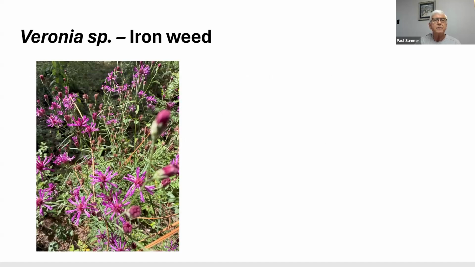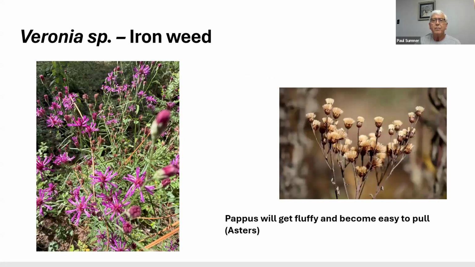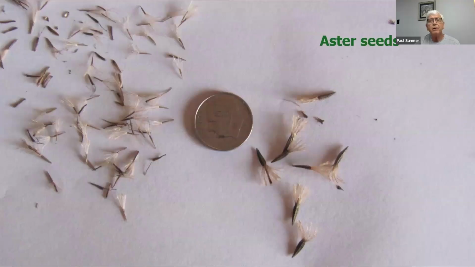So let's look at some species of plants. Ironweed: when you want to collect the seed is when it dries down to a brown coloration. The pappus is real fluffy, and when you pull it out, the seed will be on the end of the fluffy part of the aster itself. And this goes for most all asters. And when you look at the seed, when you tear these asters apart,